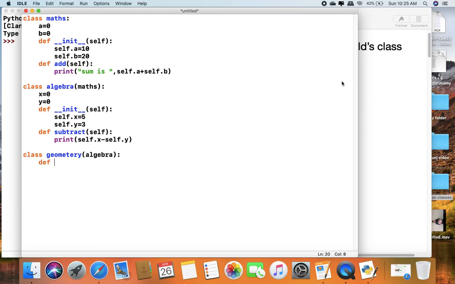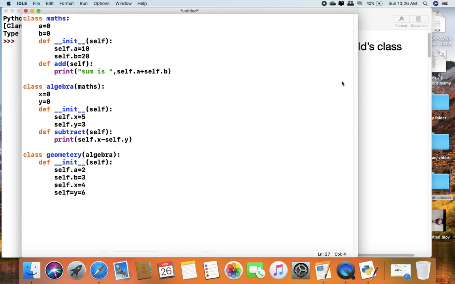So here I am writing the constructor of the geometry class. self.a equal to 2, self.b equal to 3, self.x equal to 4, self.y equal to 6.